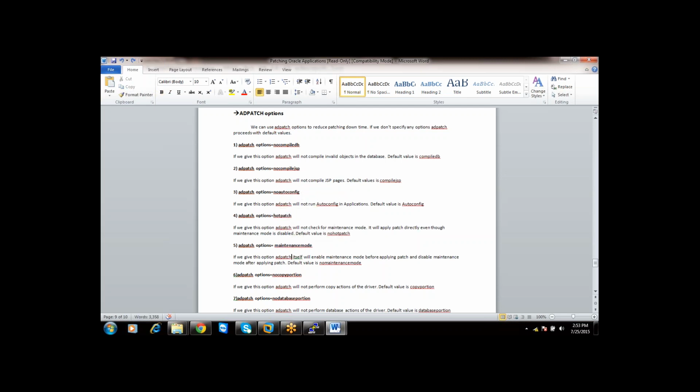Yes, Santosh, what is the GDF? Which patch can you use with AD patch? GDF patches, generic data fixes. Generic database patches are generally only SQL files, right? Yes. So can't you run them directly? No, you are supposed to apply GDF patches also using AD patch only. You should not manually copy any files.